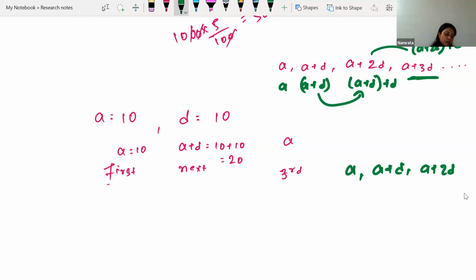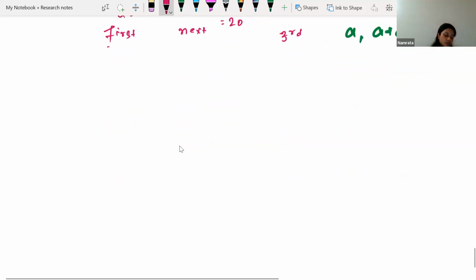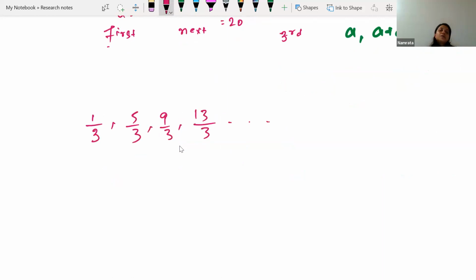Yes, ma'am. Next one is for the following AP, write the first term and the common difference. Okay, this one is also very simple. If the AP is already given, if I am saying the AP is 1 by 3, 5 by 3, 9 by 3, 13 by 3, and so on. Here first term A is 1 by 3. Common difference D is